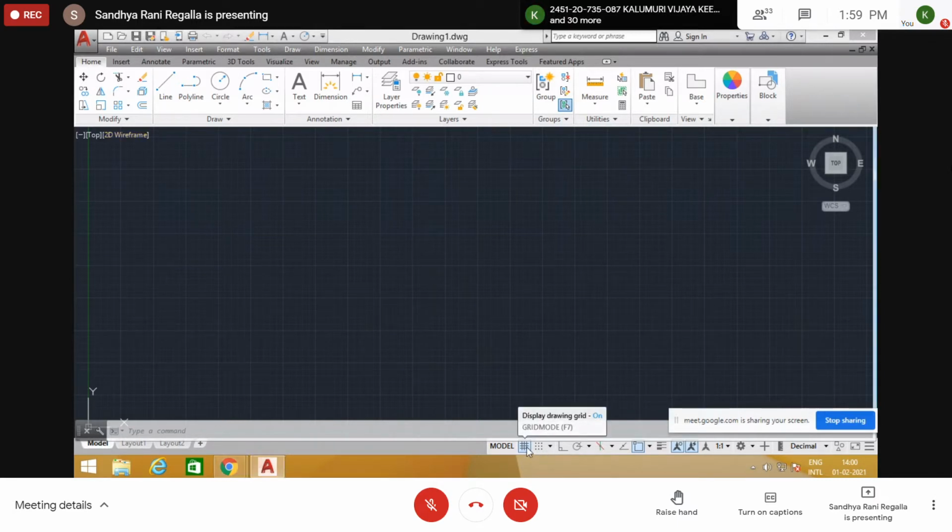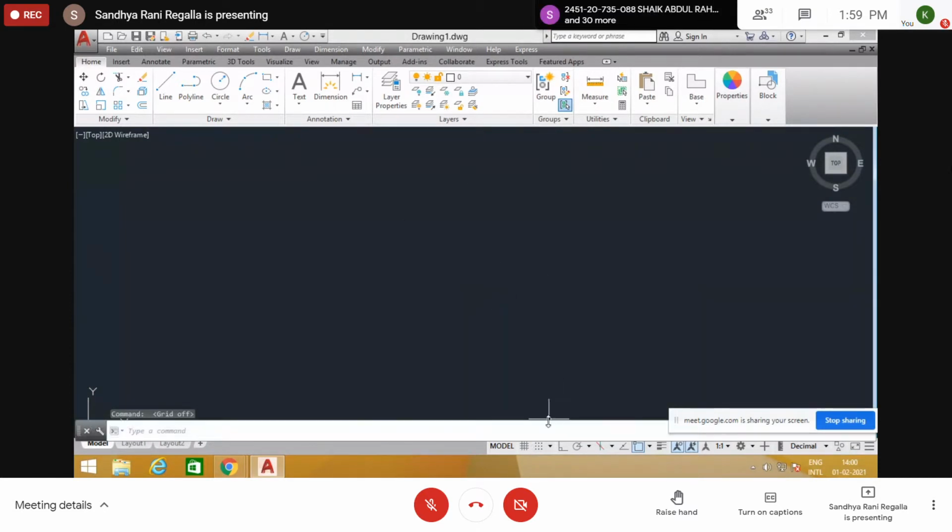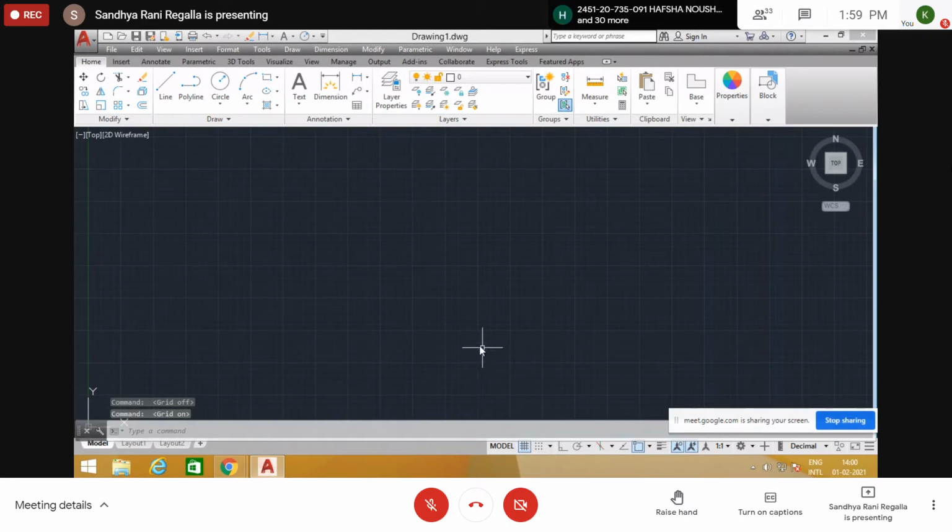Suppose if you turn off this grid, the grid will go off here. Generally, whether grid is there or not, there is not much difference for our engineering graphics, but for civil engineering drawings, this grid is very much important. If grid is there, they can easily draw the civil engineering drawings. So you can keep it on or off. If you turn off the grid also, not a problem. So grid means just like a graph sheet, we get these boxes.